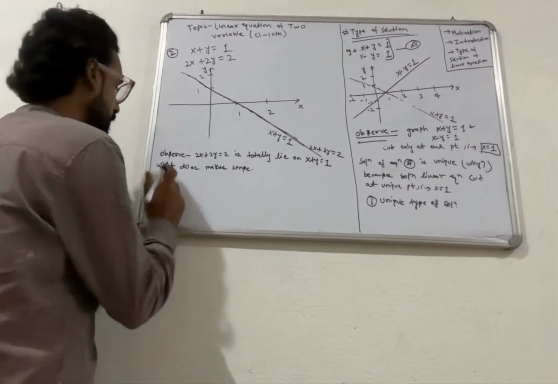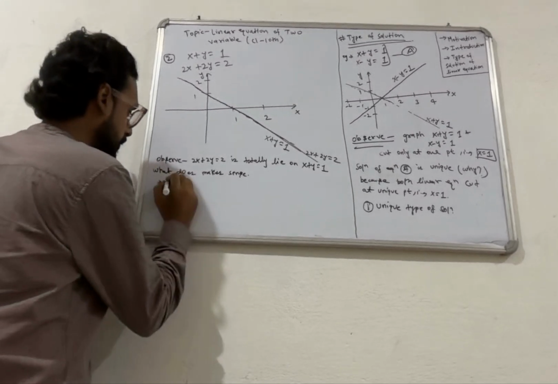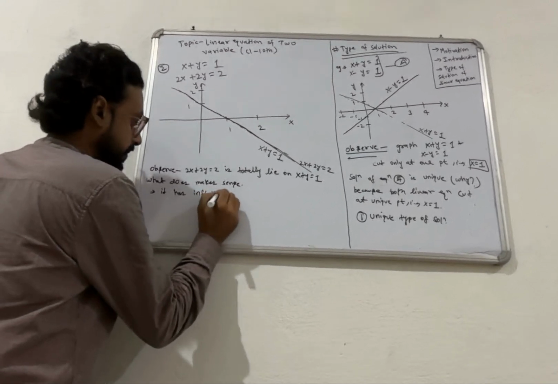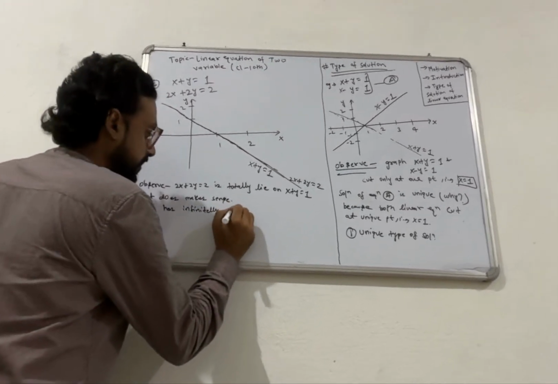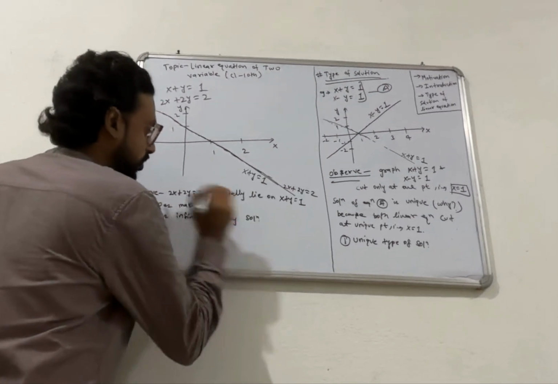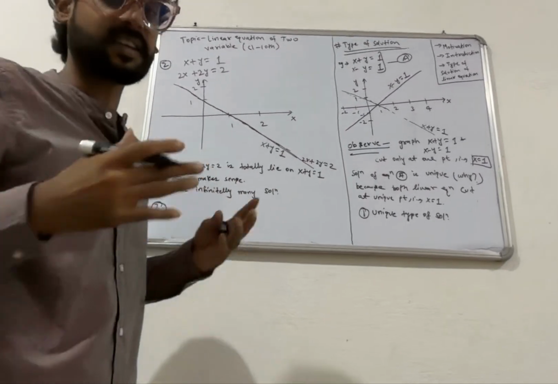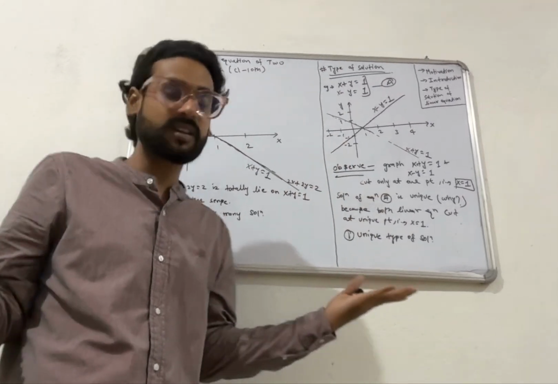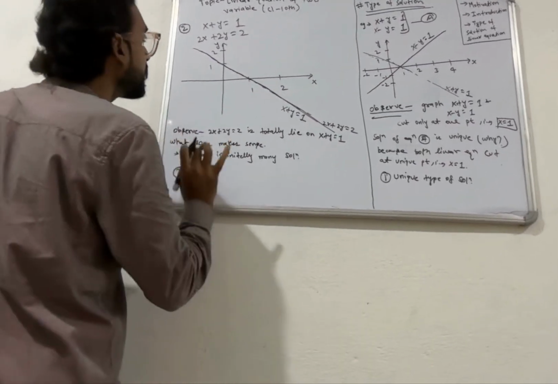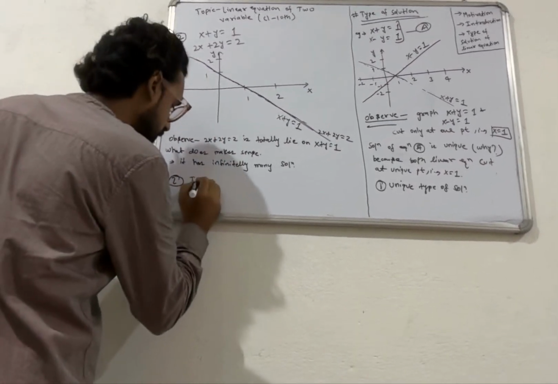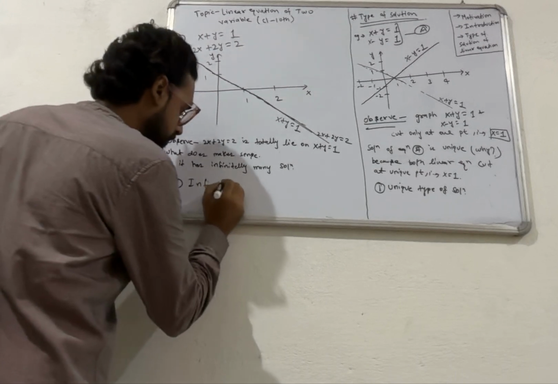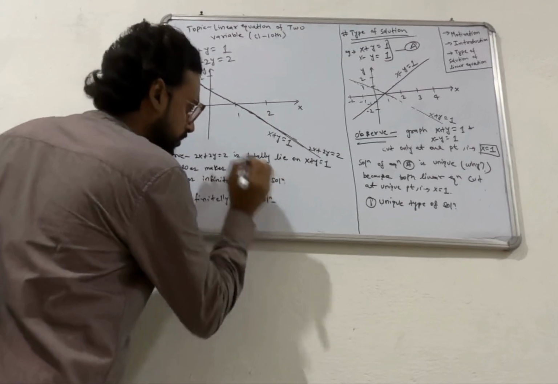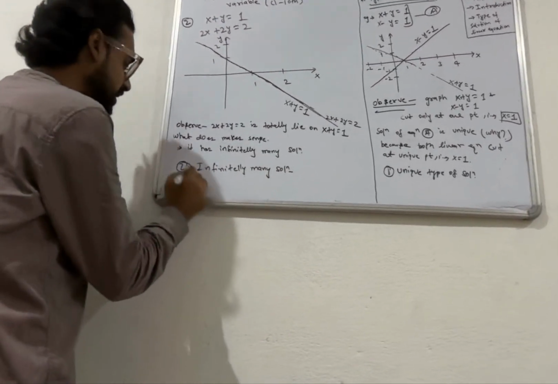So it has infinitely many solutions. So there is a second type of solution that exists in our linear equation world: infinitely many solutions. Okay, and the third part is